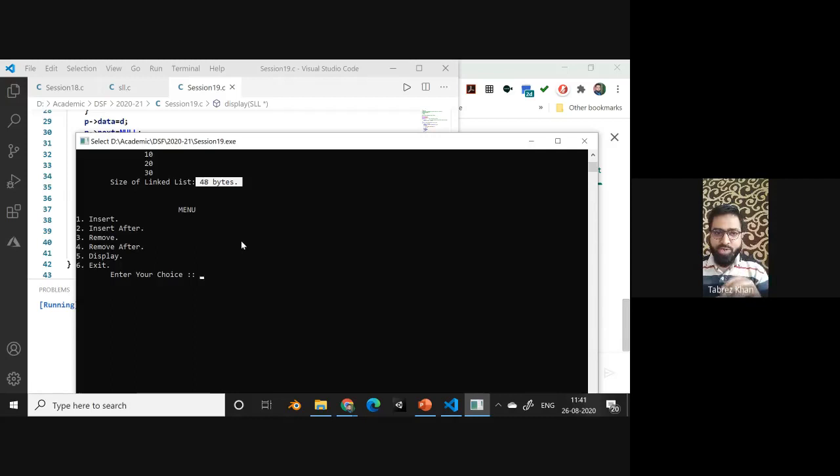Then again, we can display the list, then we can check the size. So for every insertion, the size should be increasing. And likewise, for every deletion, the size should be decreasing. So that we need to see. And that we can easily see with the help of the display function, which is also displaying the size of a list. And internally, what we can see here is that